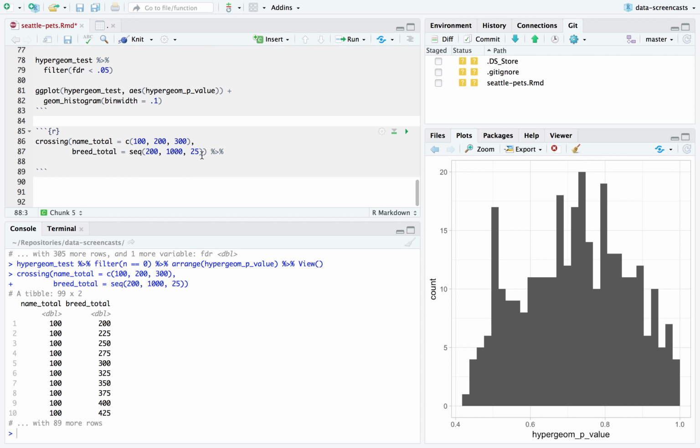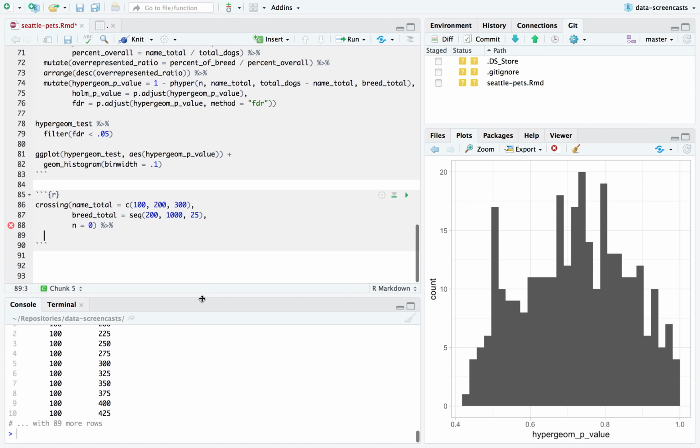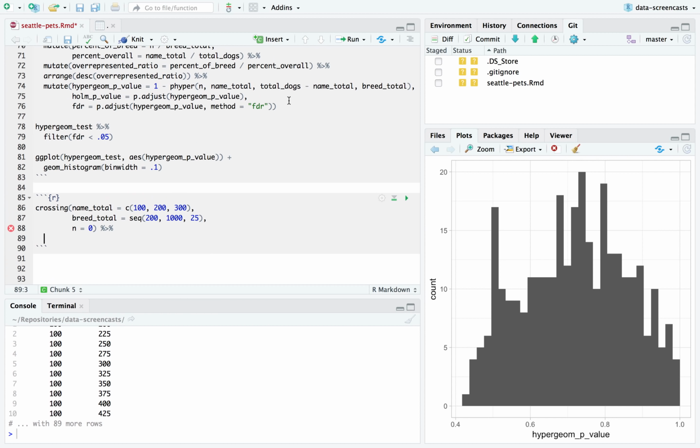And let's say n was always 0. The number of dogs in this breed was always 0. The total dogs we also keep to be constant. Then I would say that hypergeometric, the one-sided p-value